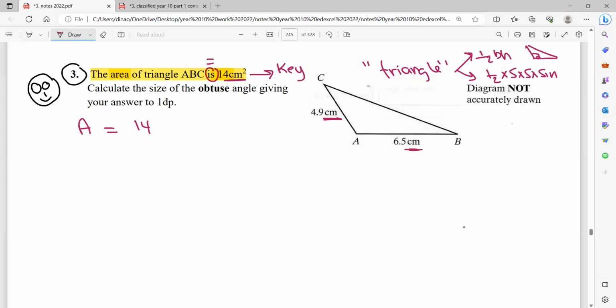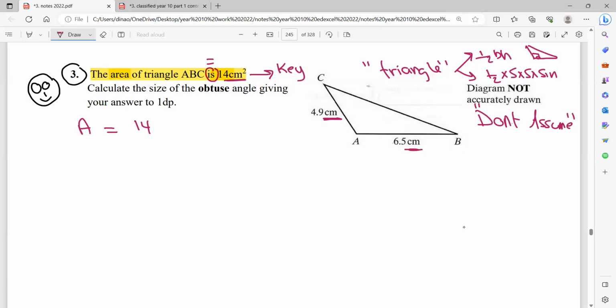Now, is this a right angle triangle? No, it's not. Why? Not because it doesn't look so. It's because the examiner did not say. In math, we don't assume anything. In math, we don't assume. If the examiner didn't mention clearly that this is a right angle triangle, then this is not a right